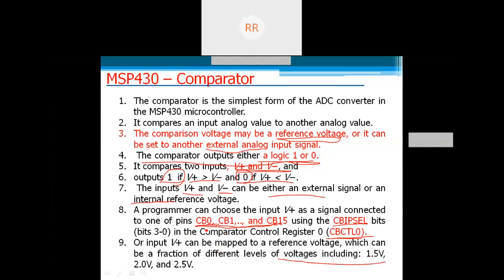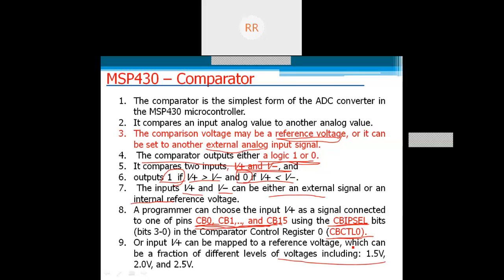Okay, CB0 and CB1, up to CB15. Using the comparator input selection bits which are there in the control register, CBCTL0, we are going to program and select any one of the 16 input lines.